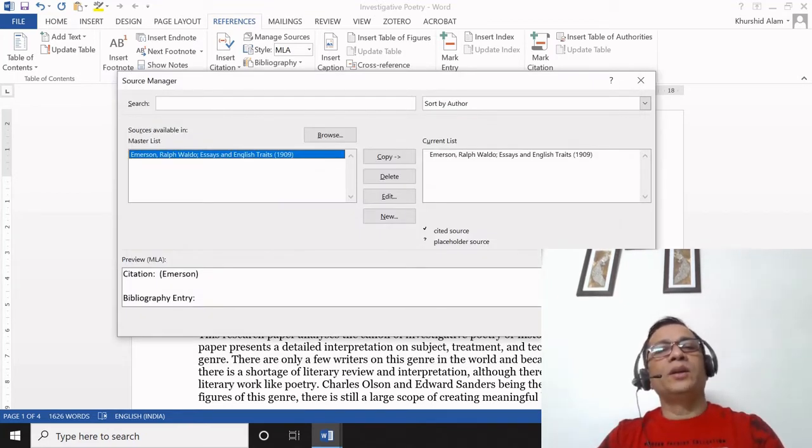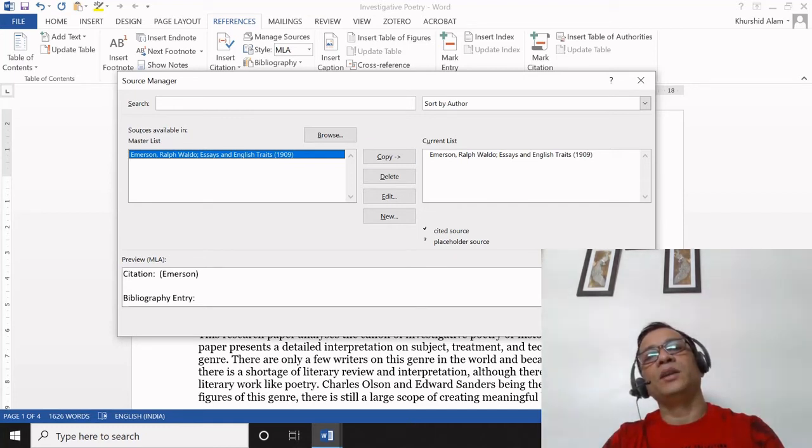You can see that this citation has been added here in the master list. And on the other hand side, you will see the current list.